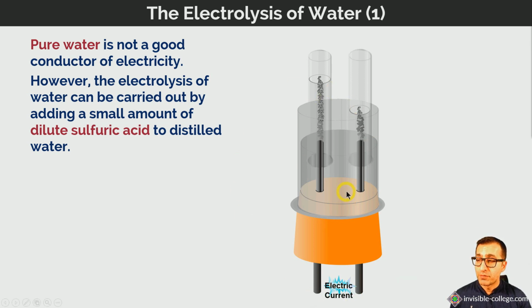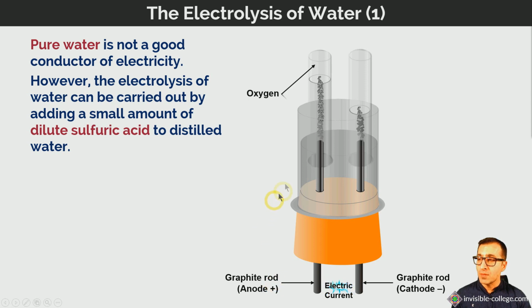So this is a diagram of an electrolytic cell which is being used to electrolyze water. We have the two electrodes here which are graphite electrodes. They are immersed in water, and above each one of those electrodes we have a test tube which started off filled with water. As the gases, hydrogen and oxygen, are formed at the anode and the cathode, the gases will collect in the top of the test tubes and will displace the water downwards until eventually they're completely filled with gas. So here we have the graphite anode and a graphite cathode. Here we can see oxygen being produced at the anode,